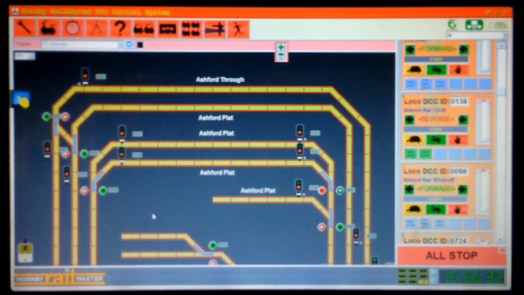Previously I did an introduction video nearly a year ago now on how I was using the system to control the layout and how it was slowly developing, and I was in the process of slowly adding the points and the signals and the locos into the system, and that was because I changed from the Bachmann Dynamis to the Hornby Railmaster and Elink. So a year on, and I'm going to talk you through some of the